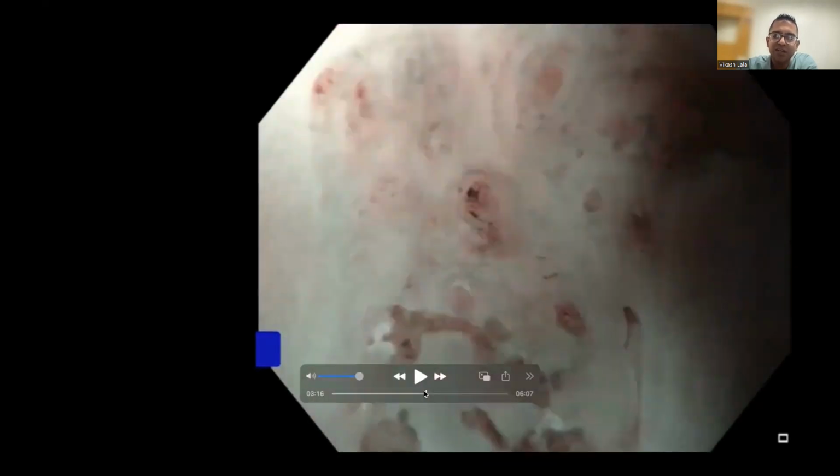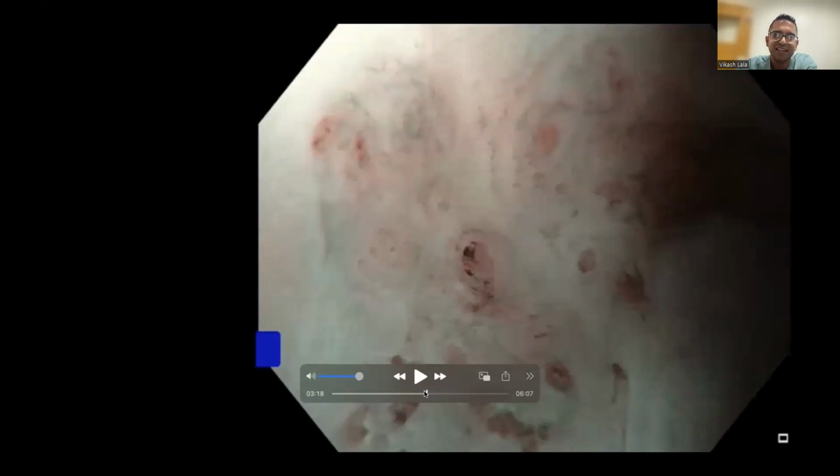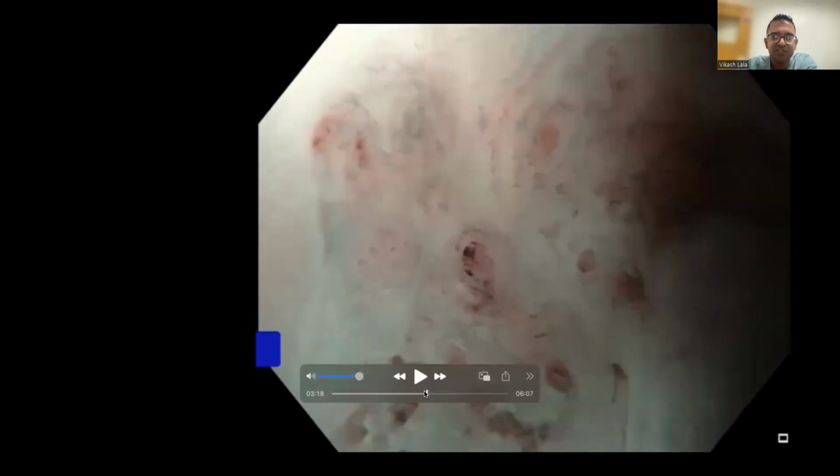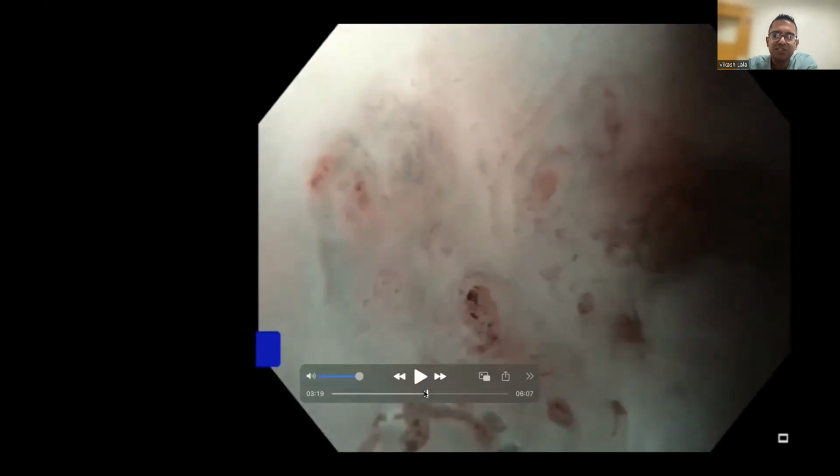And that's why you really got to get it right the first time and resect high-grade dysplasia that's visible, not just burn it, because this situation becomes very difficult to treat, especially in a 74-year-old male with a lot of comorbidities who might not tolerate an esophagectomy well and is not going to be a great candidate for surgery.